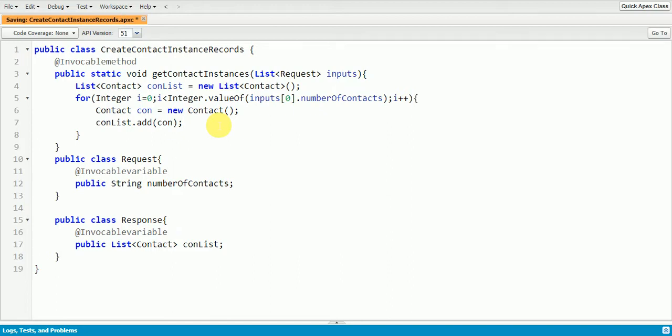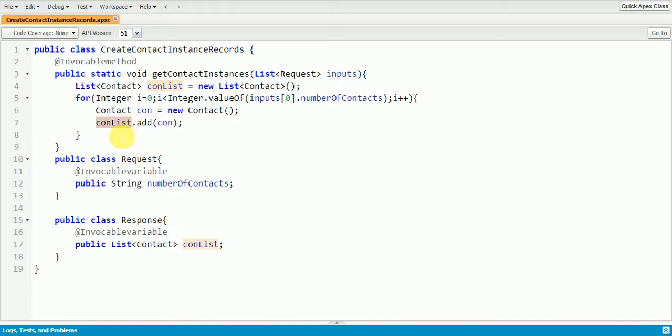Yes, and now we have created our instance. So for example, if the number of contacts is 2, this loop will be executed 2 times, and it will create two contact instances, and it will add both contacts to this con list. So we have to return this con list to our flow.